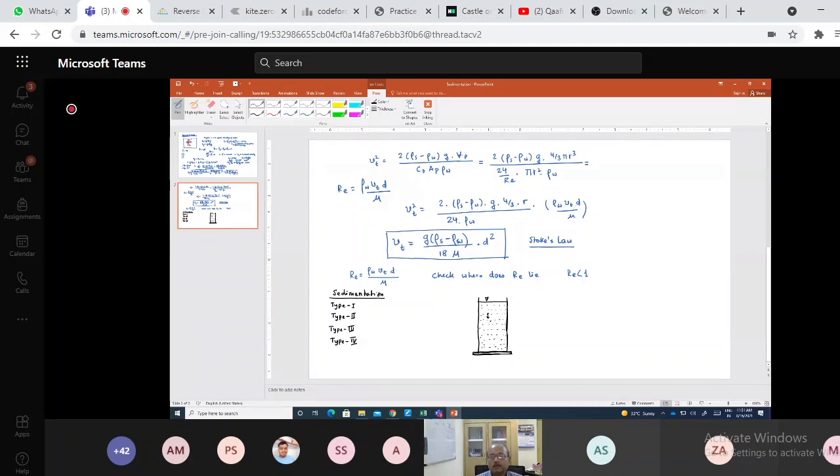The particles will, with their respective terminal velocities, start settling down. Initially the settling will be discrete settling, because all the particles will tend to settle by their own, but there will be some particles which are at the